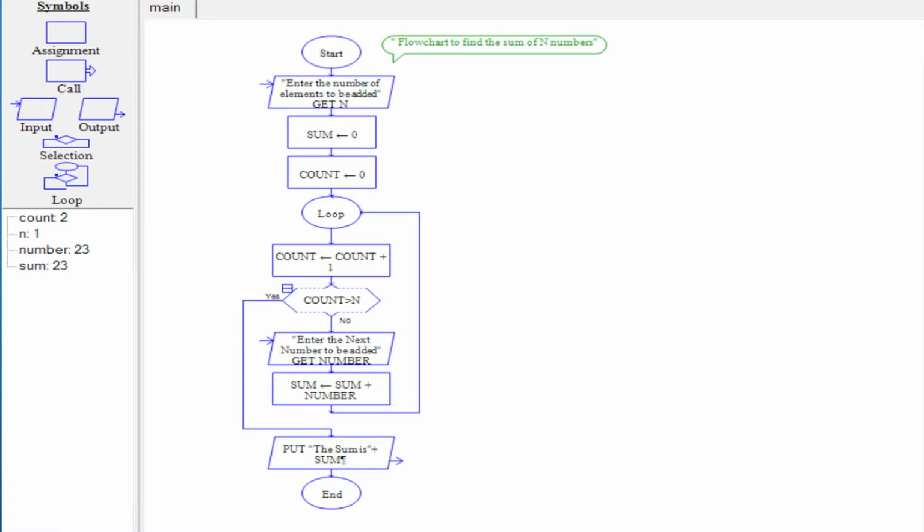A decision box to check whether the count has reached n. An input statement inside the loop that lets the user enter the number to be added. An assignment statement inside the loop that adds each individual value to the running sum variable. The variable name sum is not magic. Any variable name could be used, such as total, etc. As long as the condition fails, the looping statements are executed. Here, when the count is not greater than n, we repeat the looping statements. Once the count becomes greater than n, the result of running sum is printed.